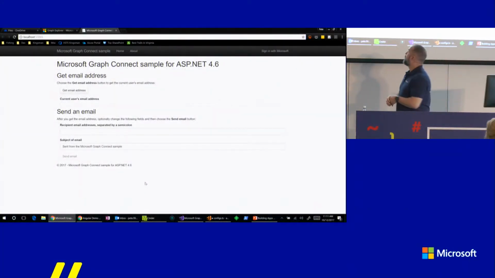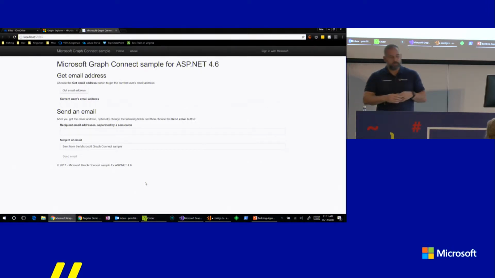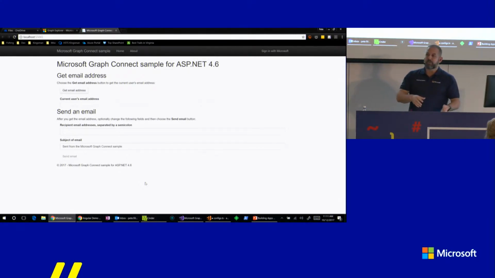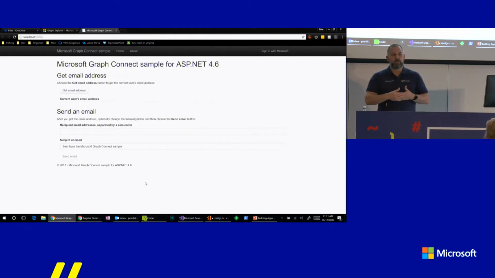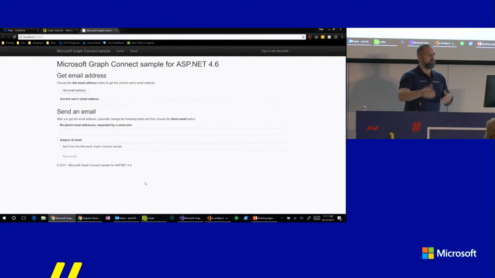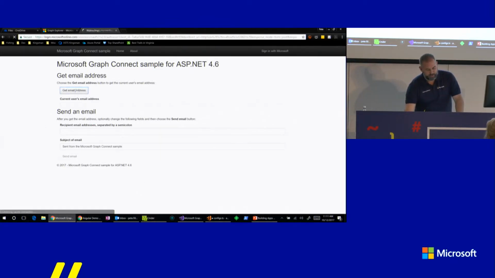So it's a very simple application. It has a button for getting email address. So what it's going to do is go out and pull down the email address, and then it's going to give us the option to send an email and to upload a profile picture to your OneDrive. So it's got a few different pieces in it. So I'm going to click Get Email Address,